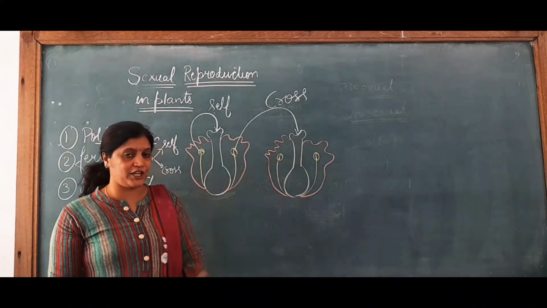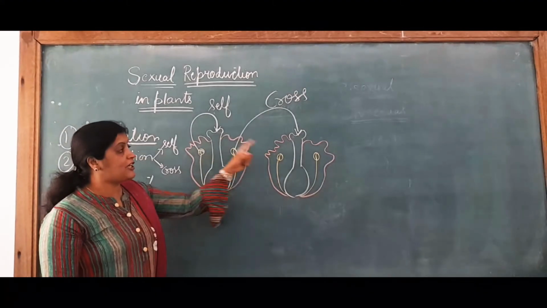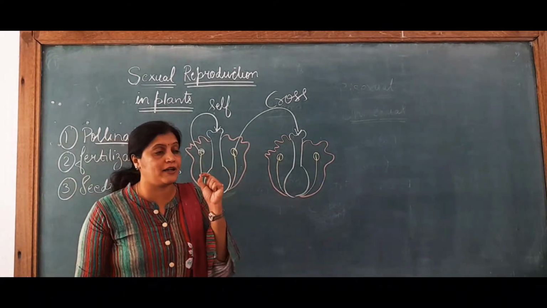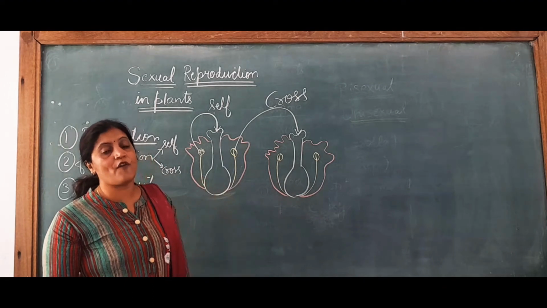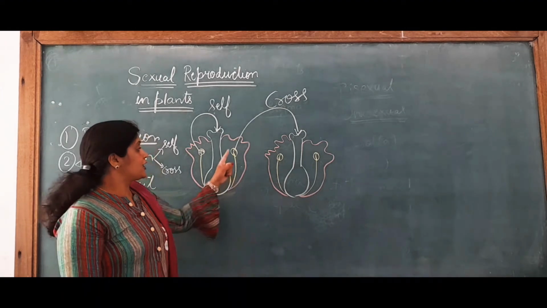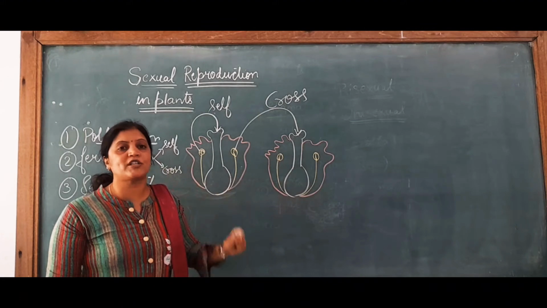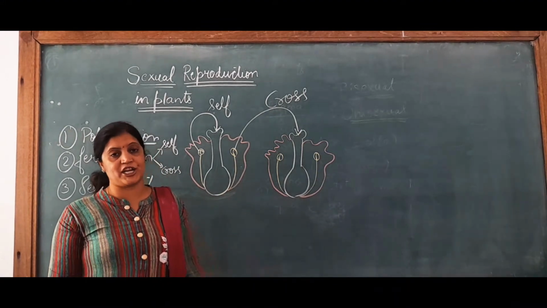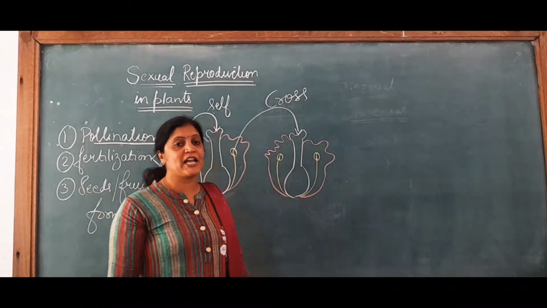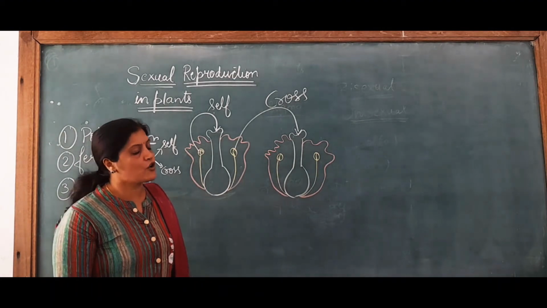There are chances of variation. So if any type of disorder is present in this plant, the new seed which we get may not have this type of disorder. So this is an advantage of cross-pollination. But what is the disadvantage of cross-pollination? The pollen grains transfer to another plant's stigma, which means it totally depends on the pollination agent. If there is no agent present to transfer the pollen grain from one place to another, there is no chance of pollination. So this is the disadvantage of cross-pollination.